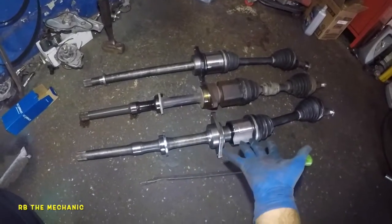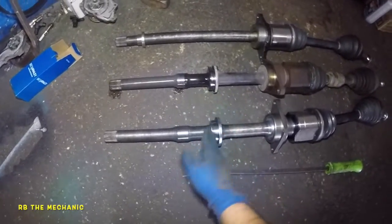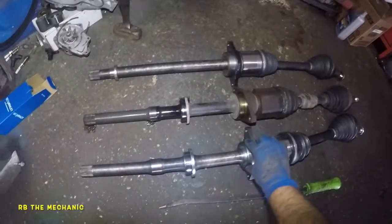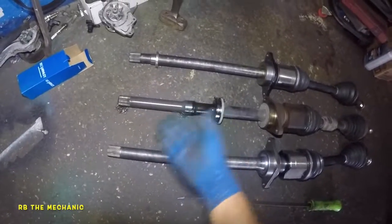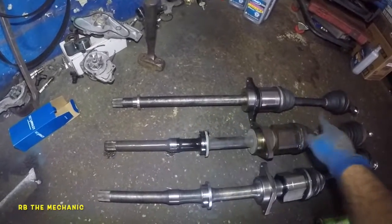So I gotta call up the customer. Okay, we got a new axle, and definitely now you see this is the old one and this is the new one. So this is the correct axle now, and check the length and everything. Make sure everything is the same. The diameters, you don't need to really look at it if it looks the same, but it is most likely the same. But definitely that axle was wrong,